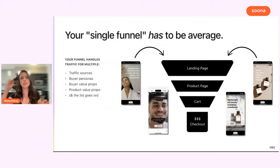So when I say the single funnel approach, it looks like this, right? You might have a billion different amazing ads out there that you're all sending to a single landing page or a single product page directly, maybe, or a collection or category page. But ultimately, all of those buyers from all those different traffic sources, different buyer personas, different value props for purchasing products, all that kinds of stuff, they're going through the same funnel. And so they're getting the same landing page experience, product page experience, cart experience, and then they're all going through